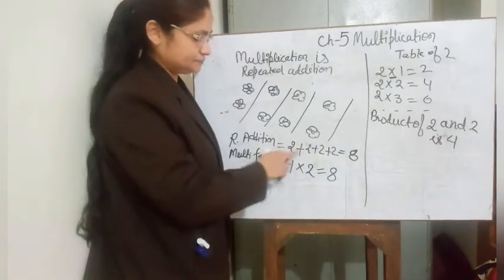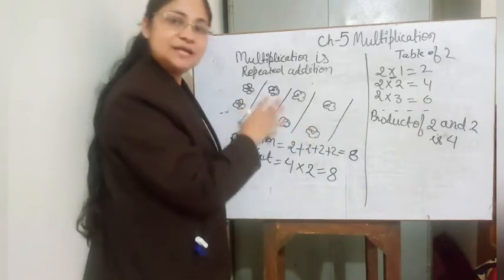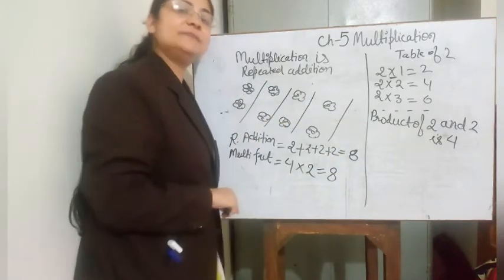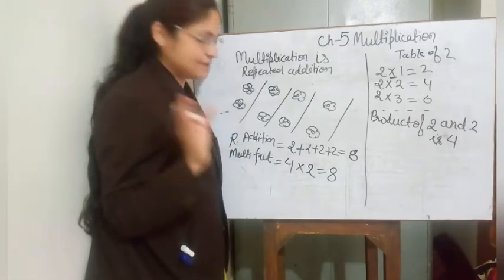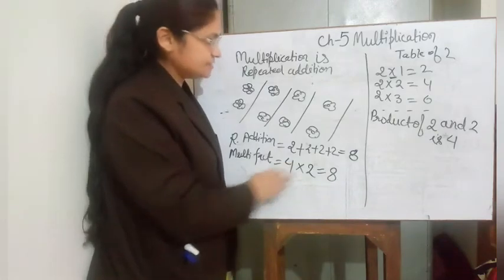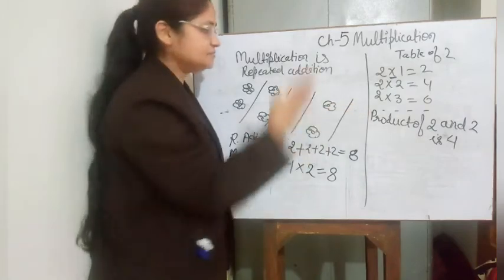If 4 groups were there, we could have written it easily. If in place of 4 groups we were having 10 groups or 20 groups, then it would be a little bit difficult. That's why we are choosing multiplication. Okay, the same thing I just told you. Tables mean we are multiplying.